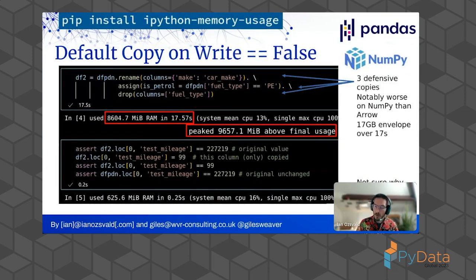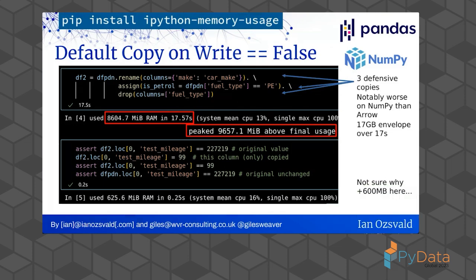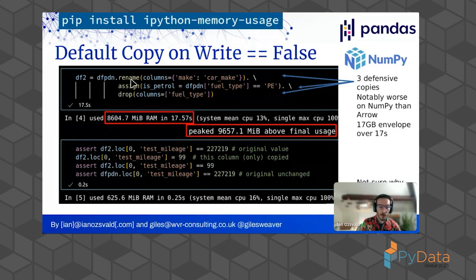What about copy on write? So by default, and it's still the case now, by default, copy on write is disabled. This means that whenever Pandas has a data frame modification for a certain set of those modifications, and 3 of them that I've chosen here, rename, assign, and drop, they fall afoul of this. Whenever those modifications occur, then a defensive data frame copy is made. So here, if I'm making a new data frame, df2, from df_pdn, the NumPy data frame that I've been using, I rename a column. So all of a sudden, an entire data frame copy occurs. That costs about 8 gigabytes in a bunch of seconds.